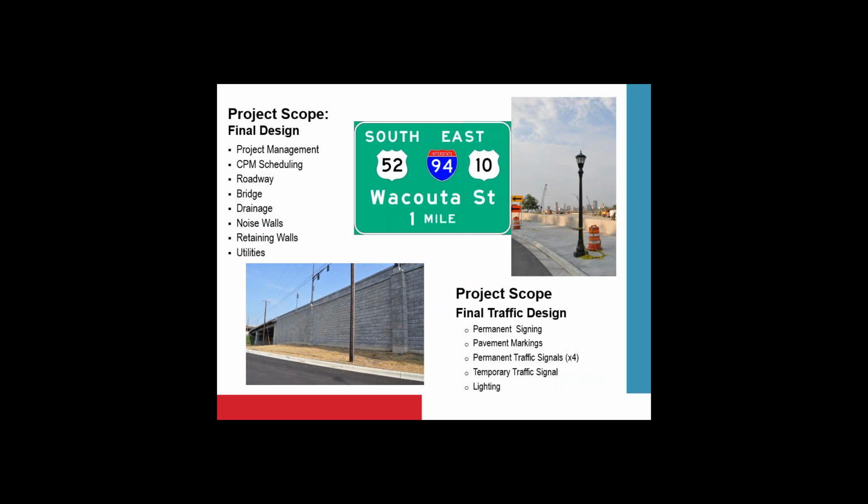The overall final design scope had a lot of your traditional roadway and bridge and drainage, but of course the cool part of the project in my eyes, and yes, I'm very biased, was the traffic design, where we did all the signing and pavement marking for it. We split up the signals amongst the project team. The only part of the temporary traffic control that was actually sheeted and included in the final design plans was